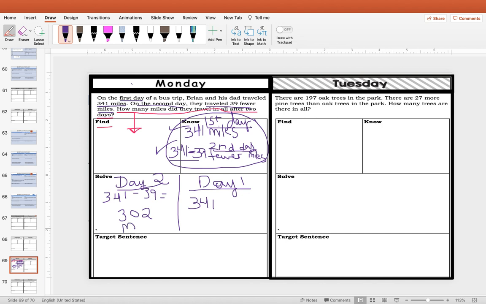Oh, and I want to make sure that I write down what the numbers represent. 341 miles. Now, how would we figure out the question? And this is what makes two-part math questions a little more challenging, because we have to continually go back to the find part so that we know what we're answering. So it says, how many miles did they travel in all after 2 days? So this is day 1. I'm sorry, this is day 2 and this is day 1. So now you have, I'm going to write it this way because this is really